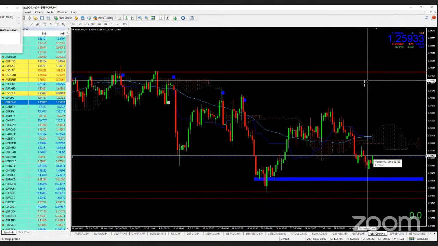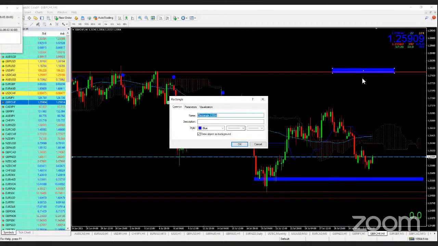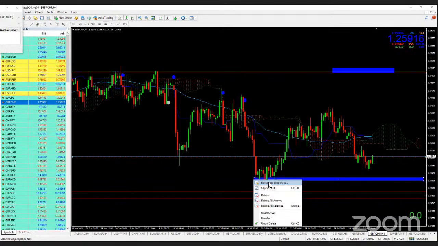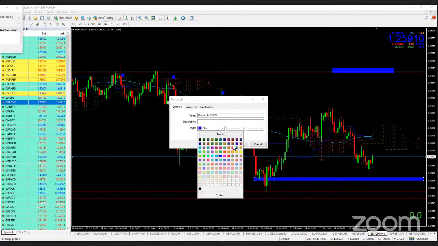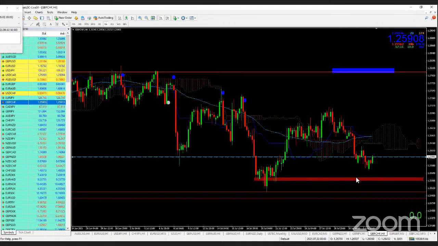But what I'm getting at is, even though this would be our final take profit, that point there, this area is kind of like stop loss, take profit. Let me make this a different color. Let's leave that as blue and make this red. You know what that means, danger, danger. Let's make it maroon, that's easier on the eyes. So if this was the stop loss and that's the take profit,